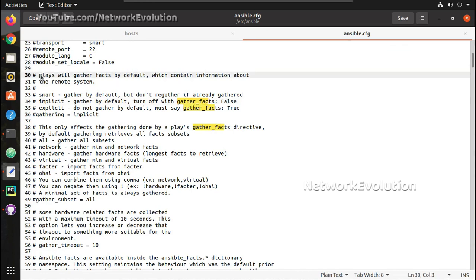You can see here playbook will gather facts by default, which contains information about the remote system. So by default it is enabled, that's why we are getting the facts.